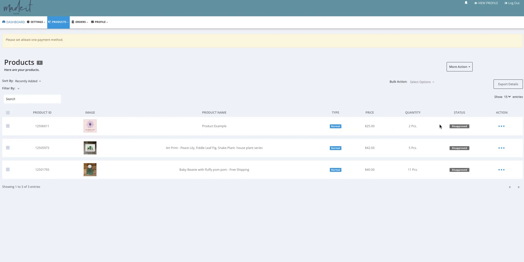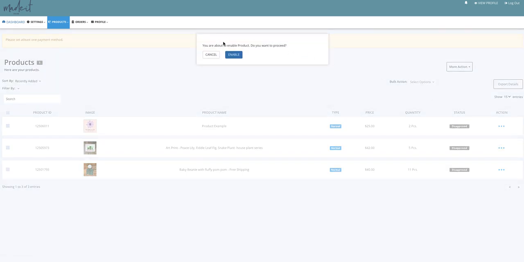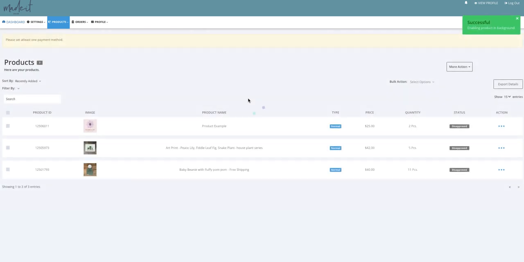So this is our product example that we've used. Now, if we want to get this approved in the system, all you need to do is select Enable here, and it asks, are you about to enable product? Do you want to proceed? Let's enable. Now, if that